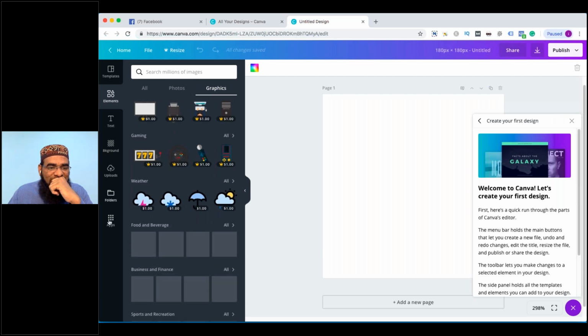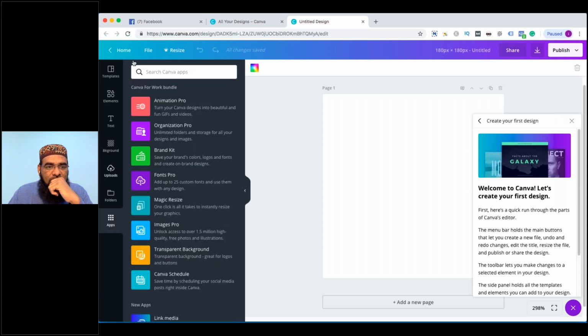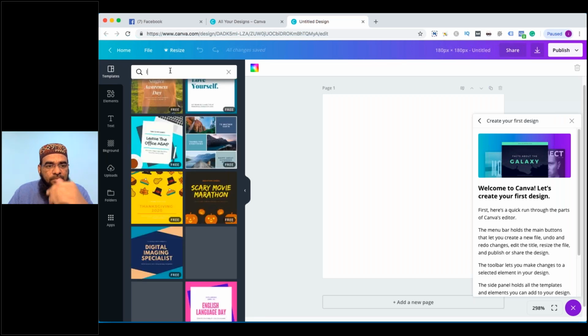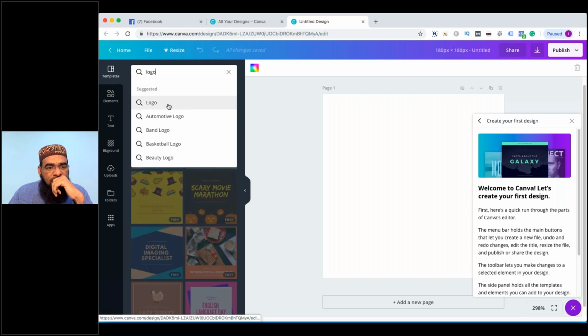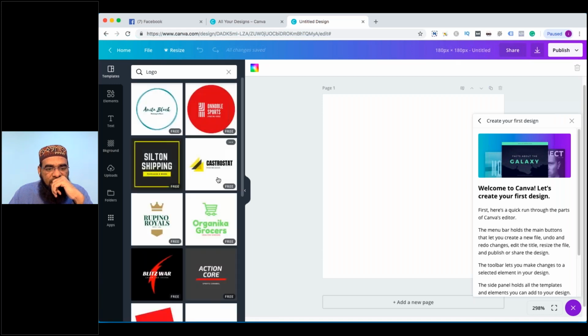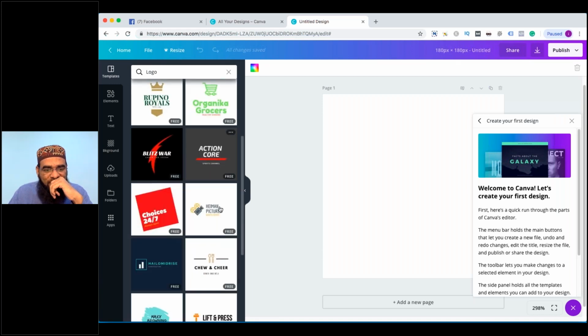Oh, these are all paid. We don't want to pay anything here. Yeah, we'll go to templates. So hopefully we find something interesting here. Logo. Yeah. Some logos coming in. Great, great. Free of cost. That's a great thing for us.